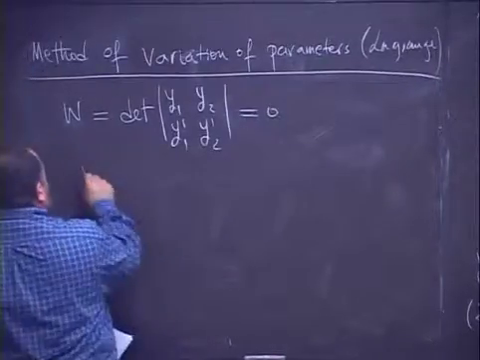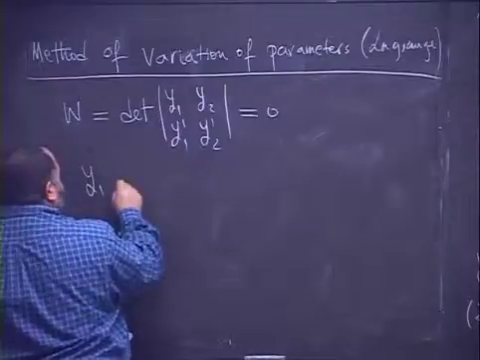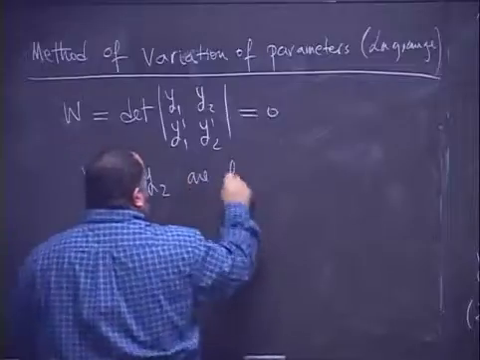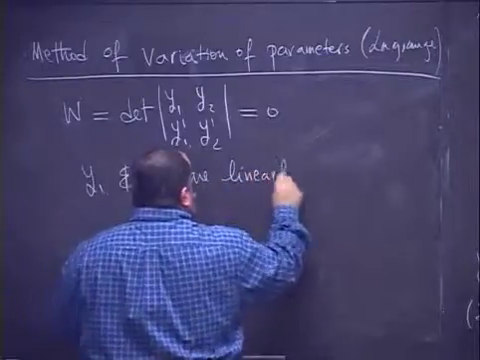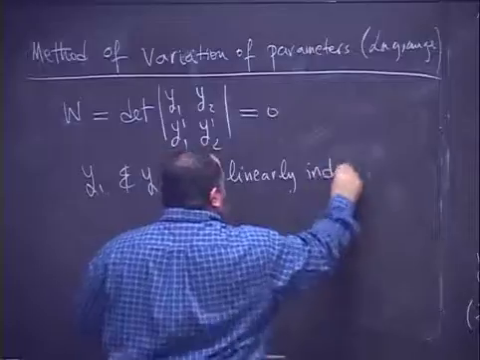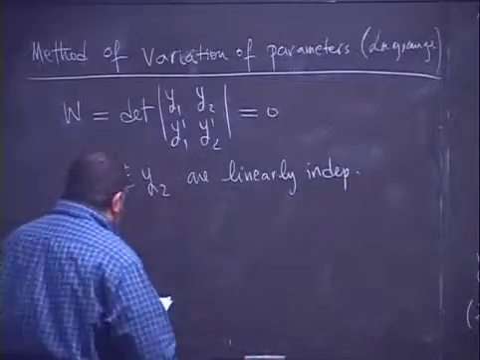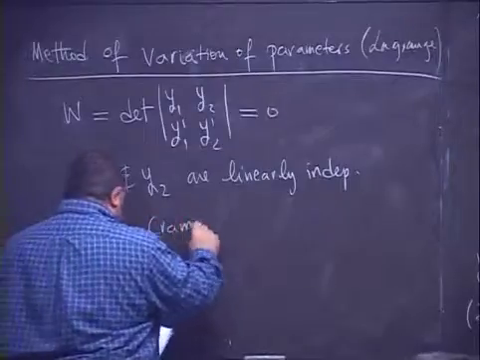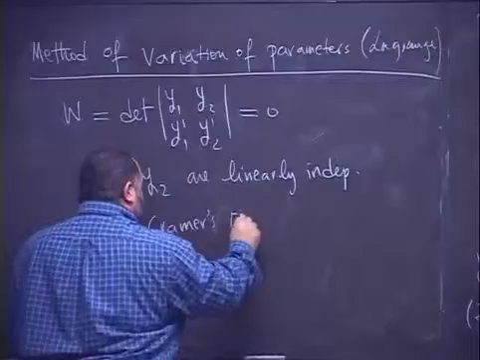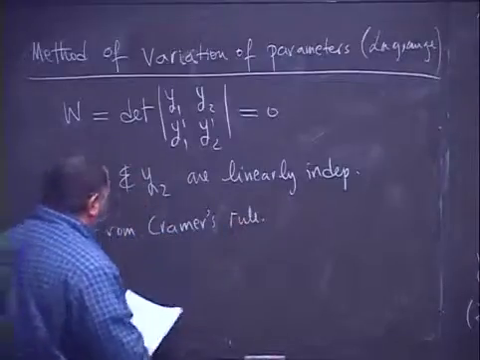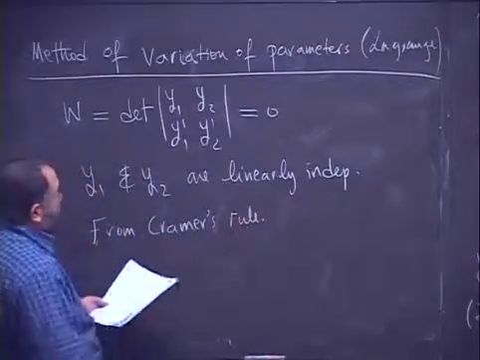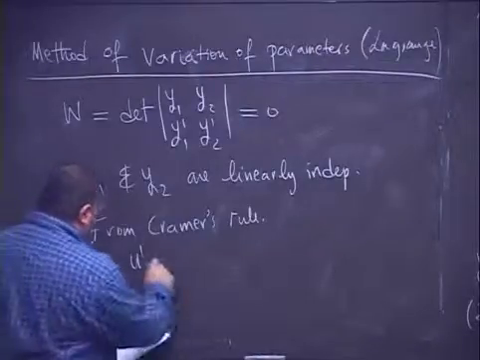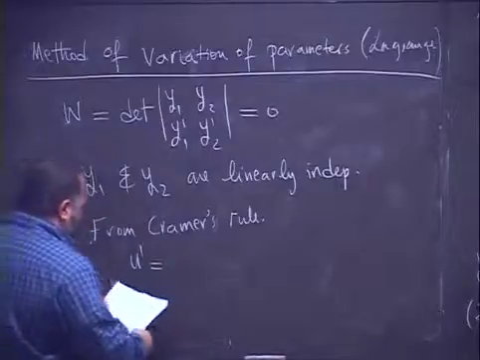And you knew that Y1 and Y2 are linearly what? Independent. So from Cramer's rule that we just discussed in the previous matrices, this would be U prime will be just equal to